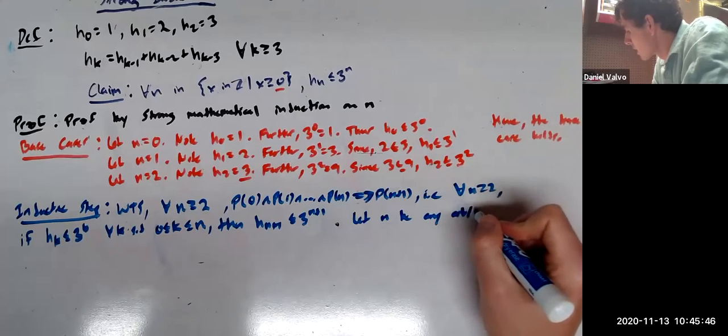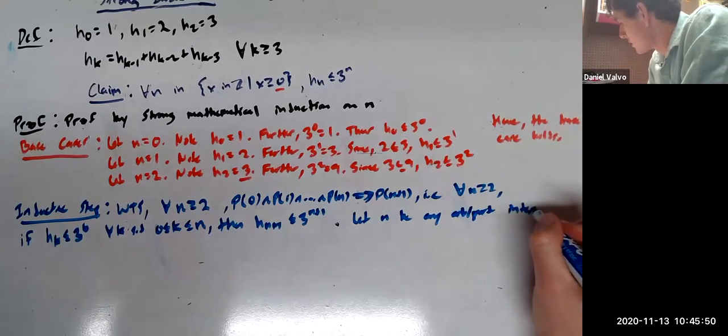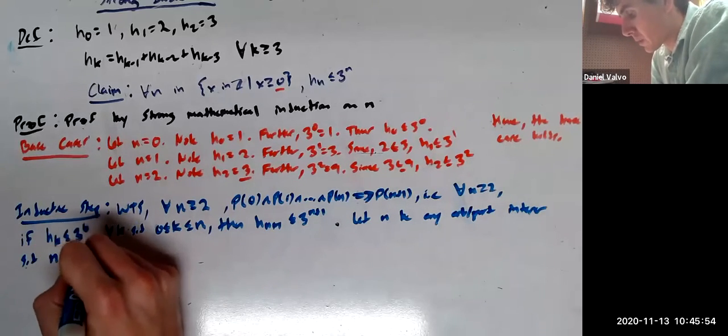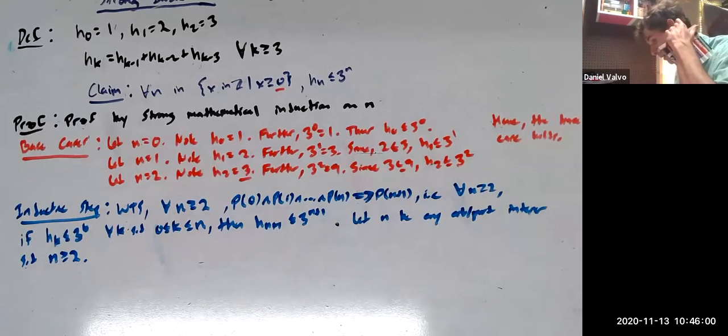Anyway, so let's go ahead and let n be any arbitrary, particular integer such that specifically n is bigger than or equal to 2, because that's when our inductive step takes over. Now, we want to show